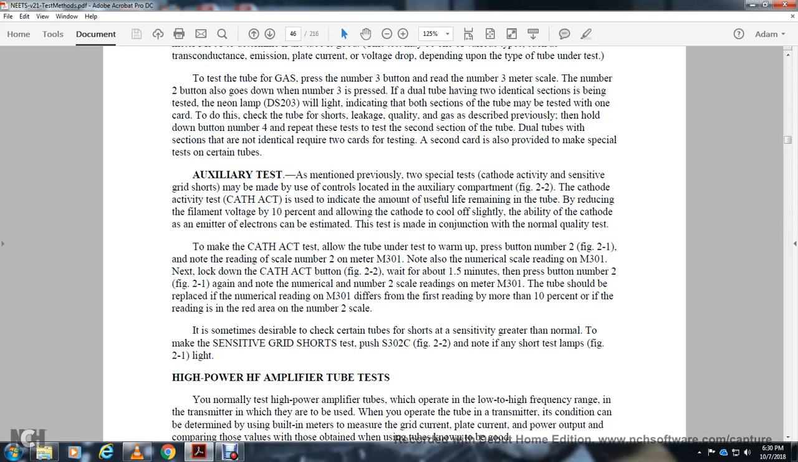Test push S302C and figure 2.2. No, if any of the short test lamps in figure 2.1 light. High power